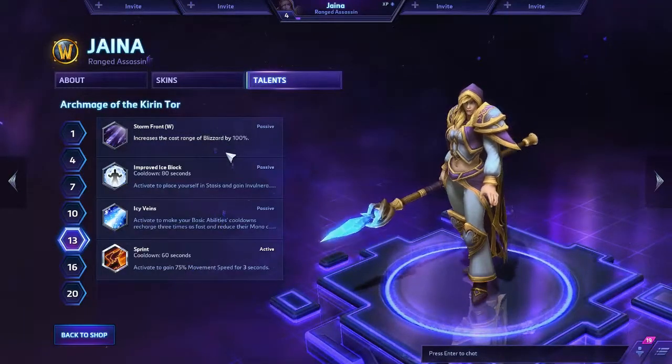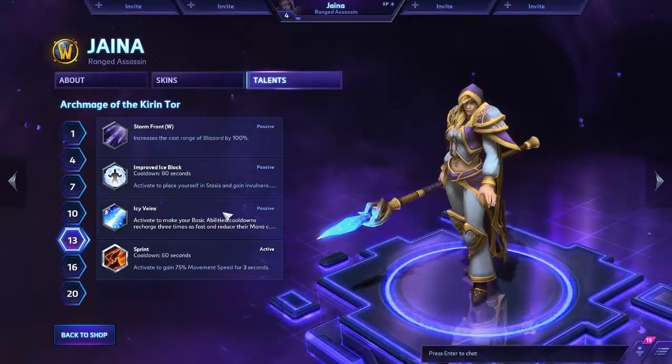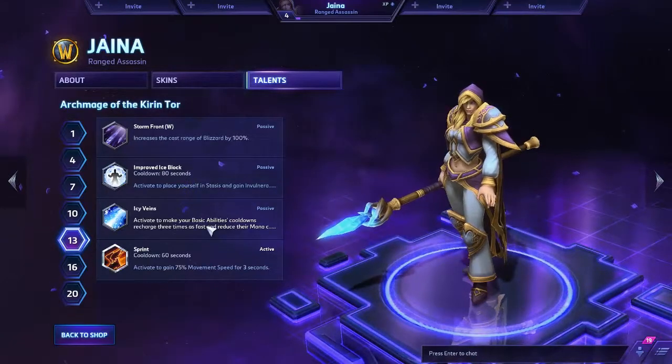Stormfront increases the cast range of Blizzard. This one's pretty much what I would go for here. Improved Ice Block, activate to place yourself in stasis and gain invulnerability. Icy Veins, taken from World of Warcraft and one of the most popular boss sites and strategy sites now. Activate to make your basic abilities' cooldowns